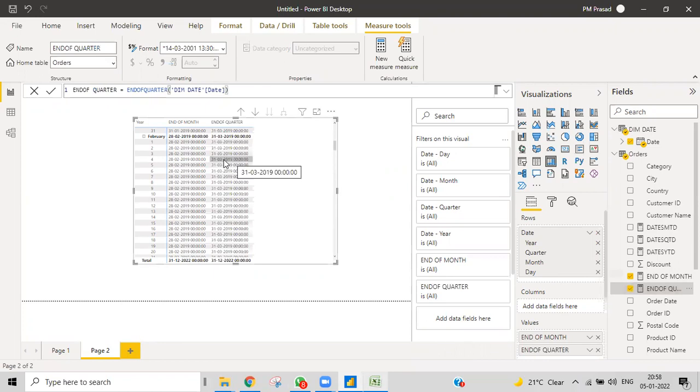You can see end of quarter. Even though the date is in February, we are getting 31/30/2020.